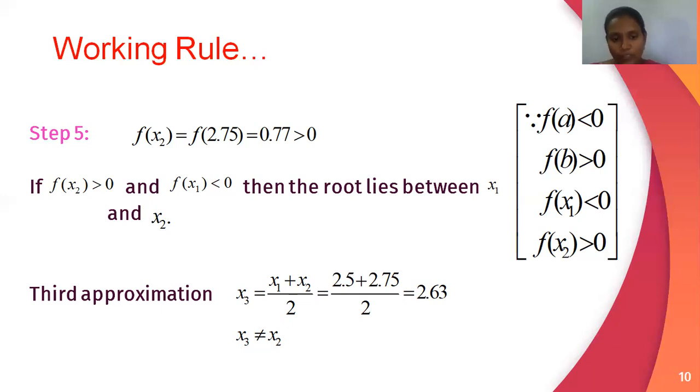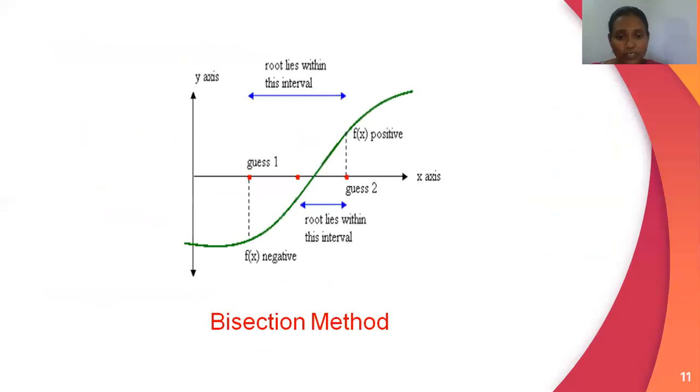Find out the next approximation. For that we have to find out the function of x3 value. So what is the function of x3 value? Before going to the function of x3, I will explain the procedure here by using this graph. Now here we consider this is f of b value. This is the given curve f of x. This is f of b we consider here. This is the b value, x is equal to b. So in our example, b is 3.